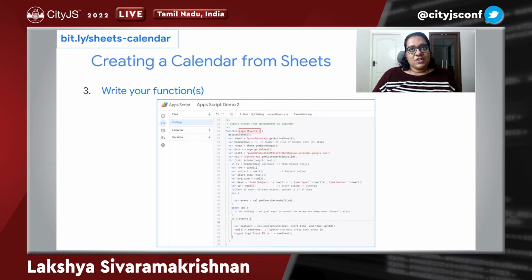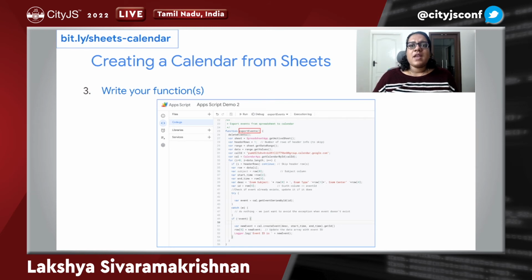The exportEvents function, like you see, is basically helping us put all these events which are there in the spreadsheet into a calendar. How do we do that? Like in the previous example, we grab the entire sheet which is active using the SpreadsheetApp class. We get all the values within it. Give me a moment to tell you what is the calendar ID that you should pick. So line number 31, we have a variable called calID, and this ID will be different for each of us. I'll tell you how to find that ID, but before that, we're also invoking the CalendarApp in this case.